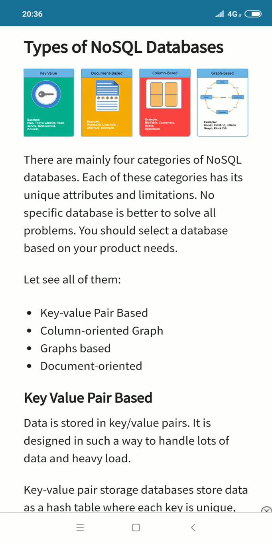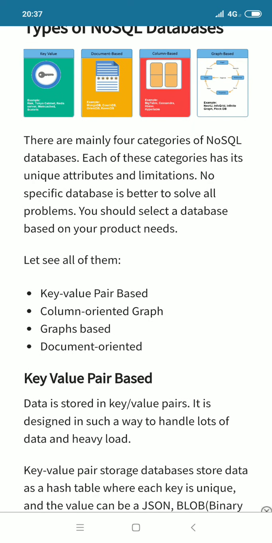Actually, this type of NoSQL is used in many different kind of projects, and they all have different functionalities. If you want to learn any one of them, you should know about the features of each of the databases.